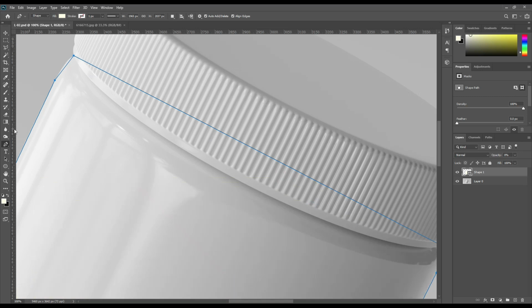You can reduce the opacity to make the lines visible. Use the anchor point tool and click on the line. An anchor will automatically be added, and just curve them out.